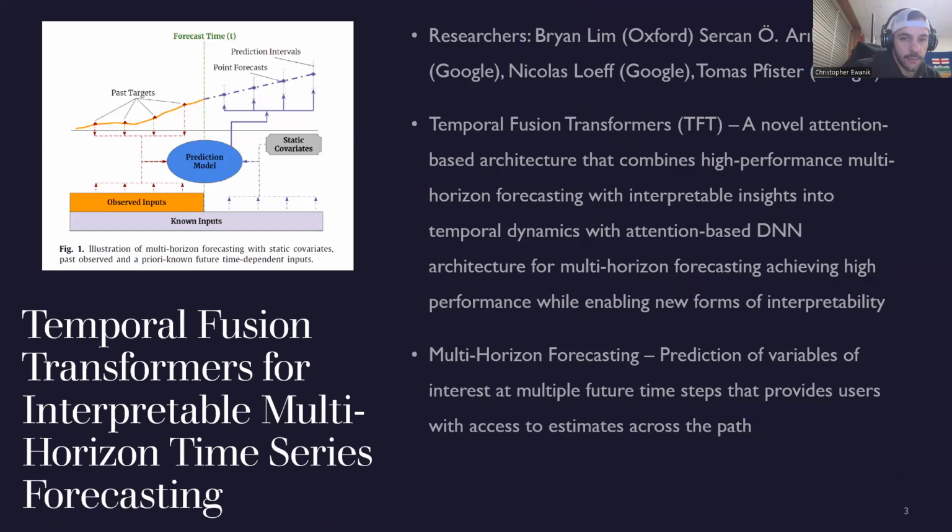So, temporal fusion transformers for interpretable multi-horizon time series forecasting. Oh my gosh, what a mouthful. Anyway, it's by a few researchers up here at the top, most of which are from Google and one from Oxford. Really cool. All right, so TFTs, or temporal fusion transformers, are